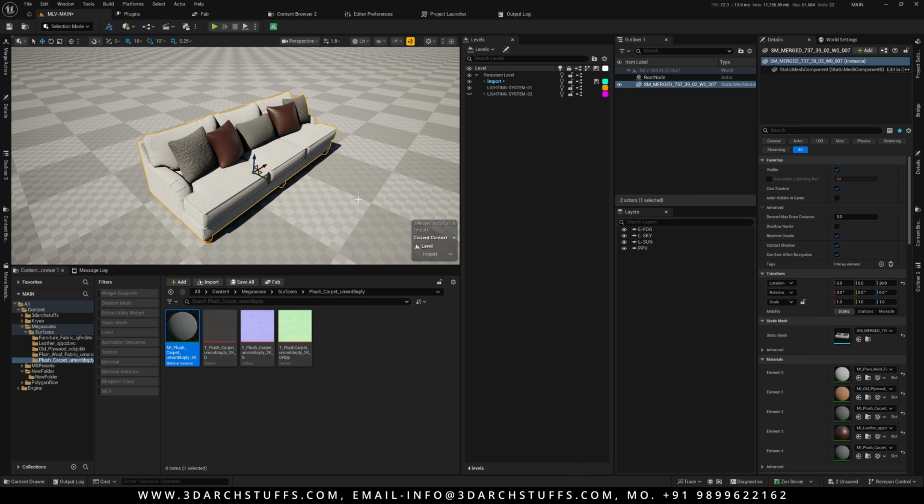So to conclude, you should always disable Nanite before you merge meshes, and in the merge settings tool, enable Nanite. So the object will be merged with the highest quality possible and then converted to Nanite to give you the best performance. So I hope this video helps you understand this